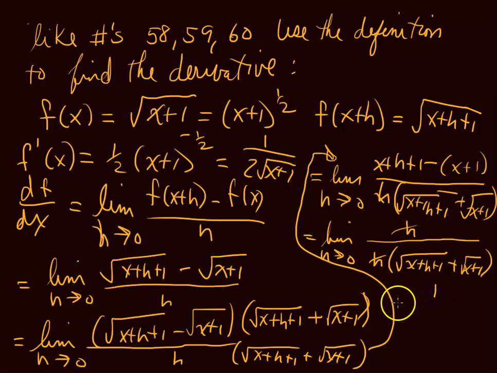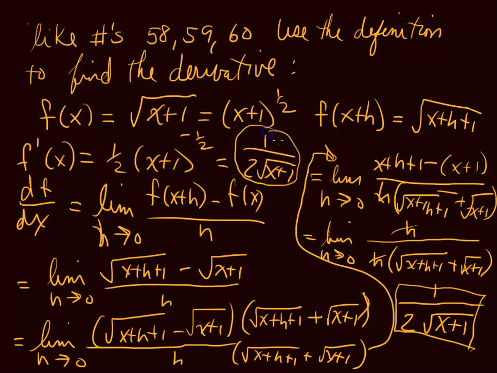So we only have 1 left in the numerator. With h equal to 0, it's the square root of x plus 1 plus the square root of x plus 1. So there are 2 square root of x plus 1s. And so the derivative is that. And of course, that's what we found up here when we did it with the rule. So use the definition,